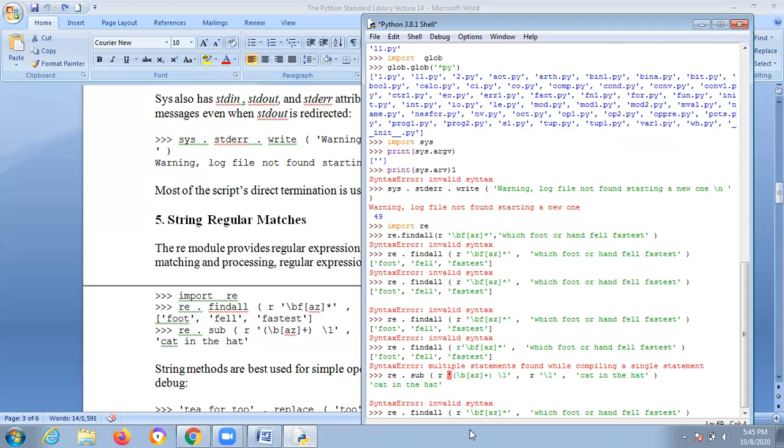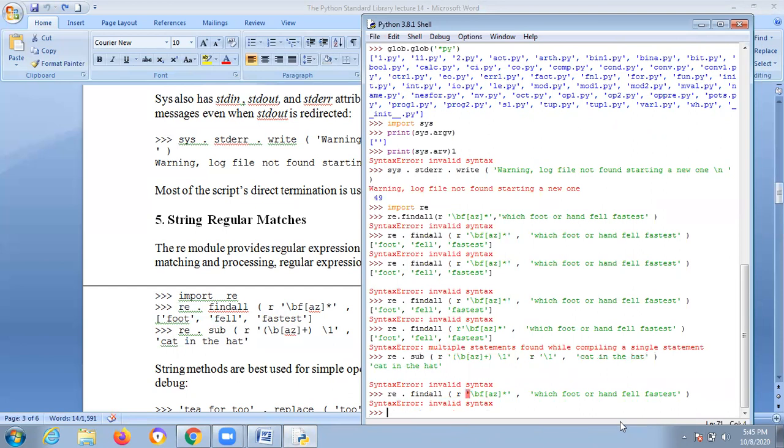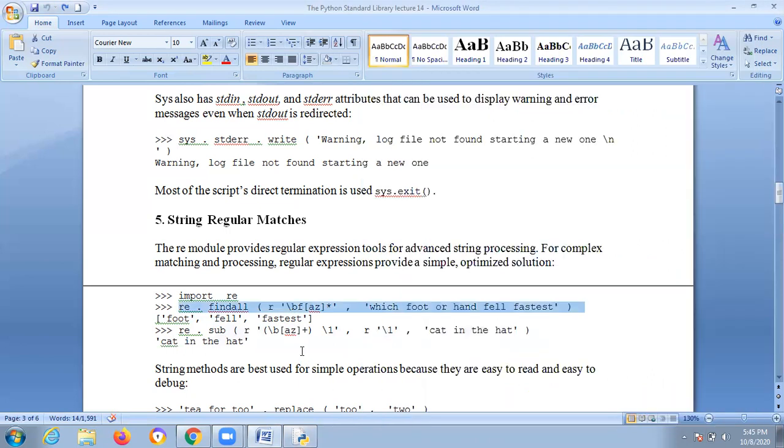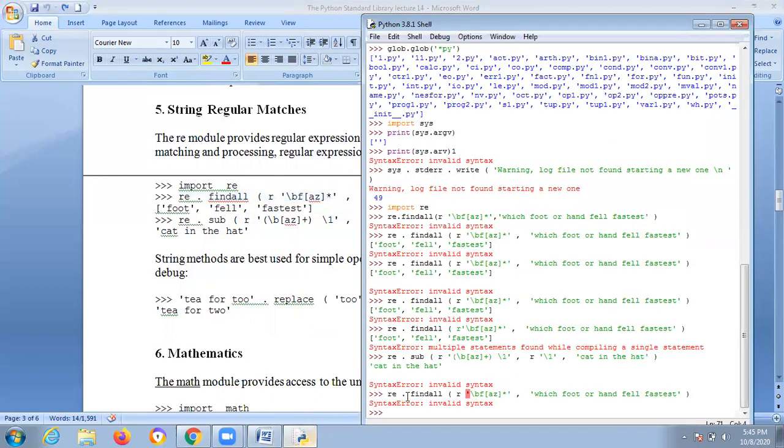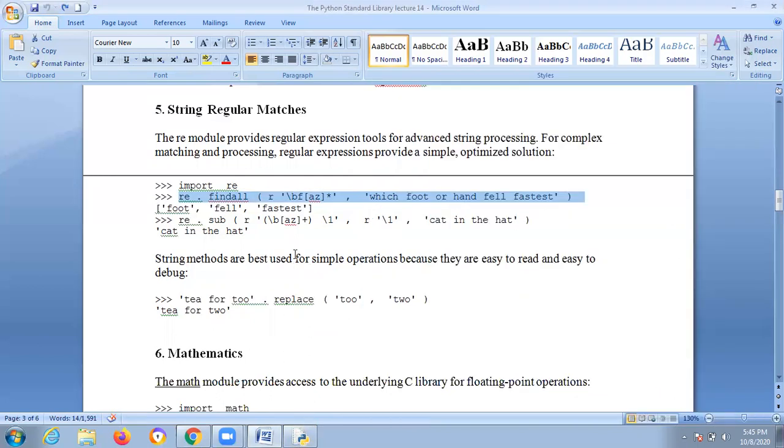Here you are giving re.findall or, okay, each and every bracket gets closed now. Syntax error. And there's some problem with this in Windows. Okay, don't worry. This string pattern matching, regular expressions are tools for advanced string processing. For complex matching and processing, regular expressions provide a simple optimized solution, right? This is not the solution, what I mentioned, because the syntax is wrong. We need to get the desired solution.